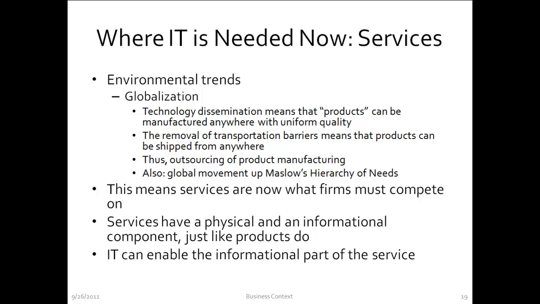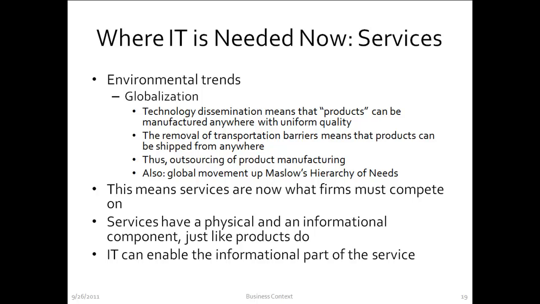Thanks to cheap energy, there has been a removal of transportation barriers, which means that products that can be made anywhere can also be shipped anywhere. So you can buy a car that was made in China as easily as you might buy, from the same lot, a car that is made in the US. Essentially, this has resulted in the outsourcing of product manufacturing, because manufacturing has gone to where things were cheapest in